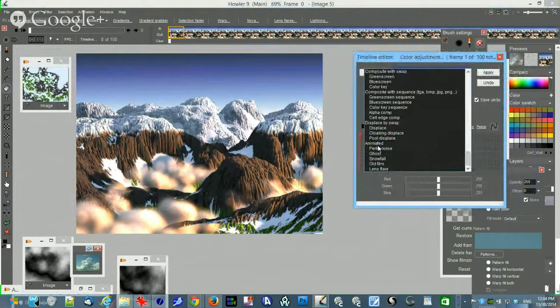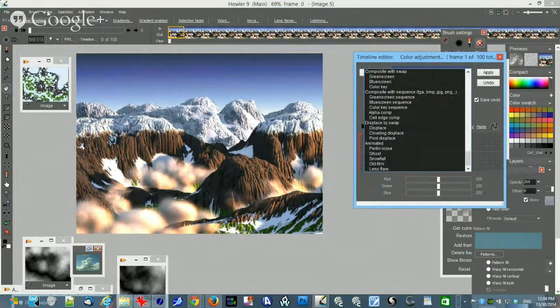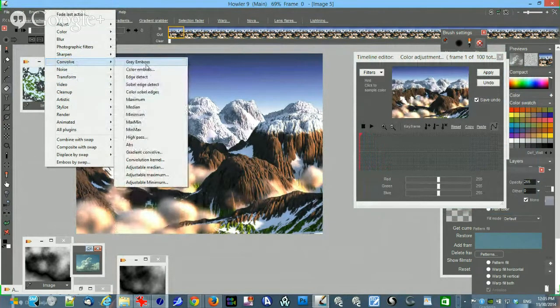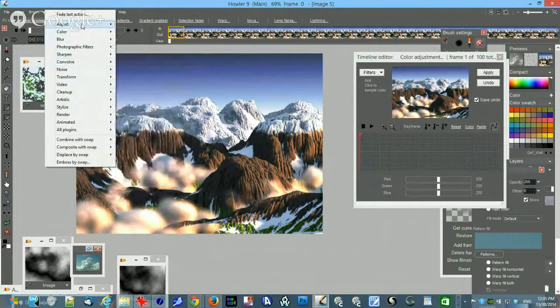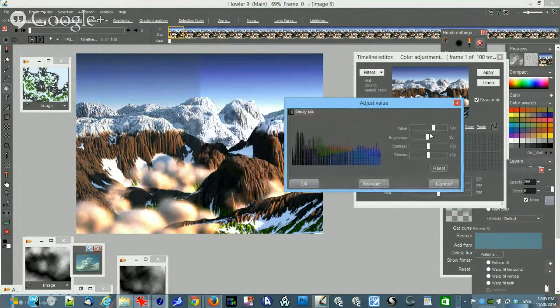All the way at the bottom, there's an animated collection. It's very similar, by the way, in the layout of these filters, very similar to what you see here. These filters are mostly for single images, except that many of them also now have an option to apply on the entire image set from the animation. Right? For instance, if you want to change the contrast, you can do so, and you can click animate instead of OK. If you click OK, it's just on one image. You can actually do a side-by-side here to see what's the effect before and after applying that. And then when you click OK, it applies it on the whole image. But the thing is, when you animate that way, it applies it over the entire frame sequence the same amount,